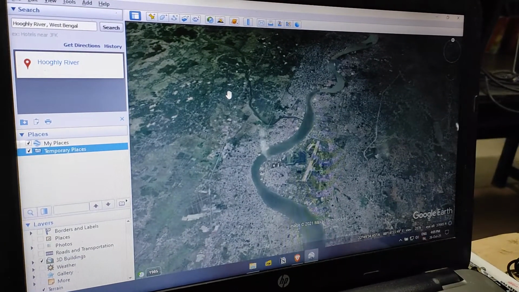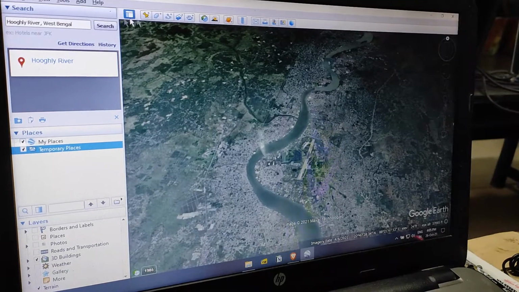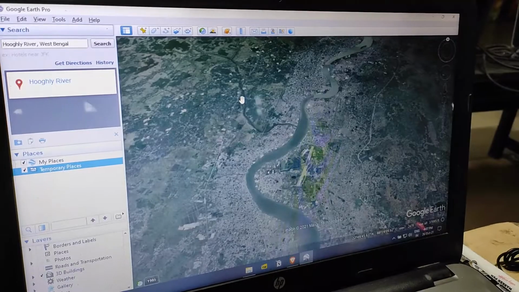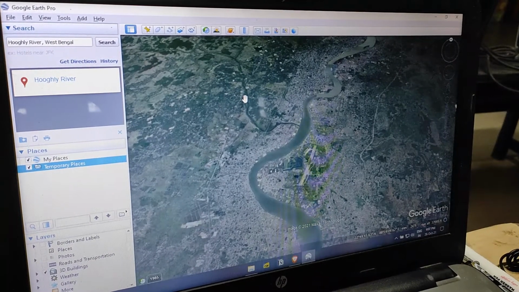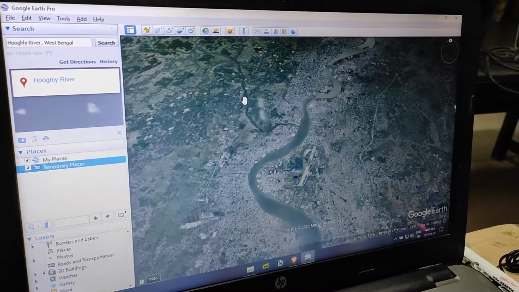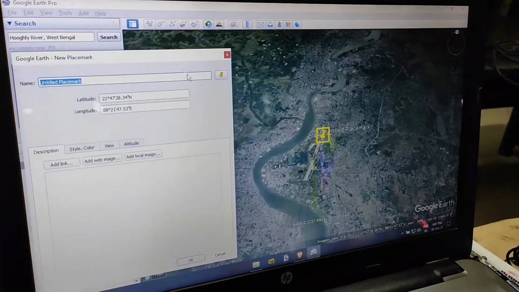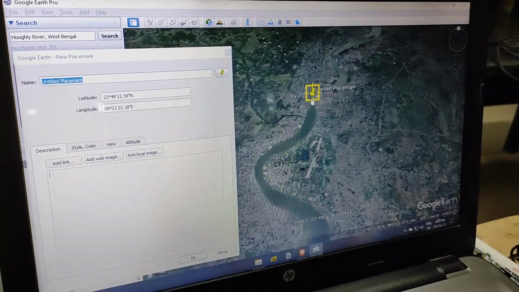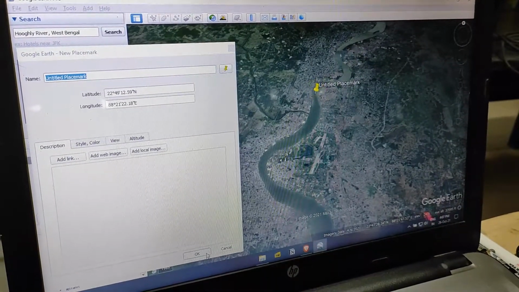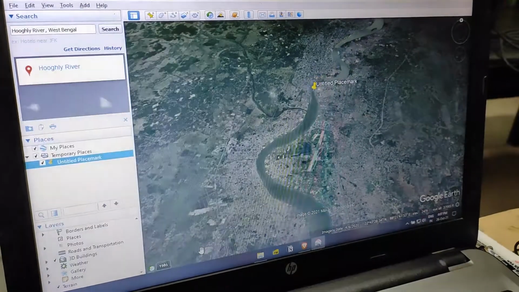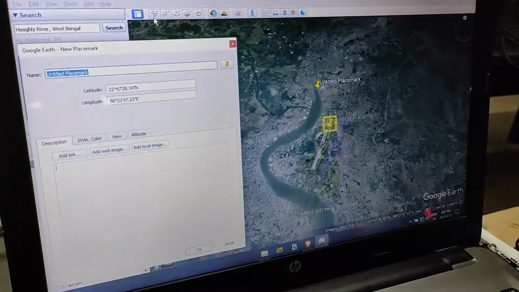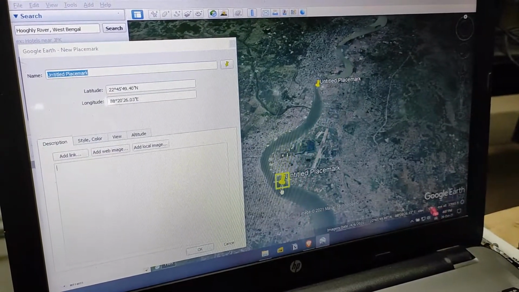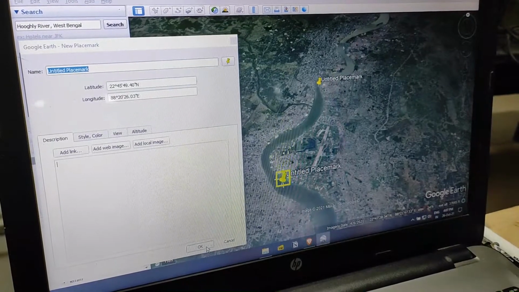For that, first put a place mark. So here the place mark option is there. First put place marks on the starting and ending point of the selected portion. So here we will go to the option and then we will select. Here I selected the starting point and then we have to press the OK button. Then again we will go to the same tool and we will select the ending point, and then again press OK.